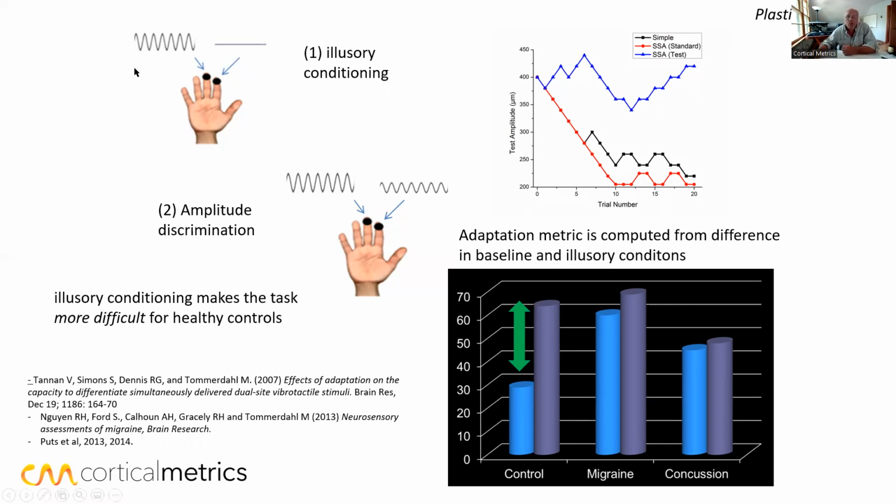The easiest way, as with a context-dependent illusion, is to deliver a stimulus to this finger and no stimulus to that finger. Then the stimulus right after it is going to feel smaller. So we've delivered one conditioning stimulus to one finger, and now we deliver another stimulus to that finger, but it's going to feel smaller